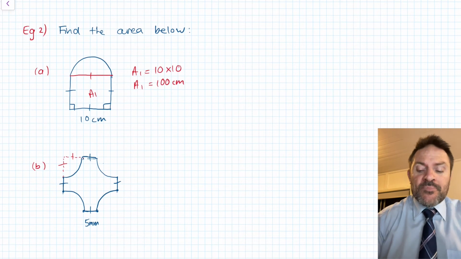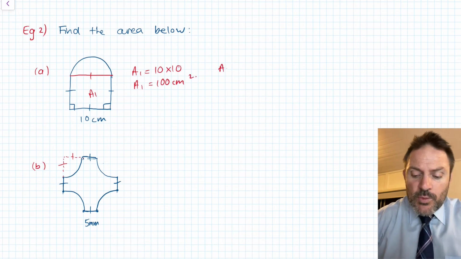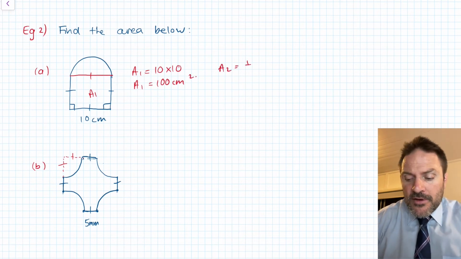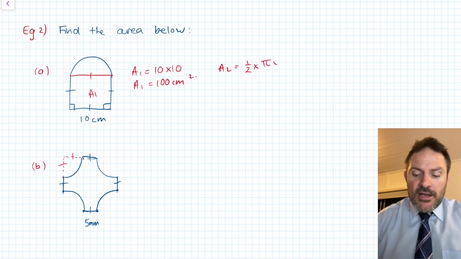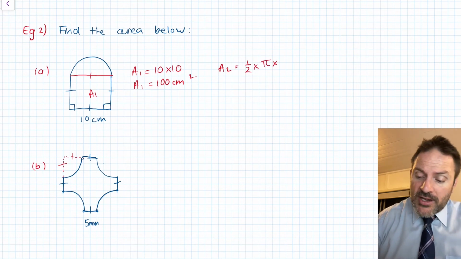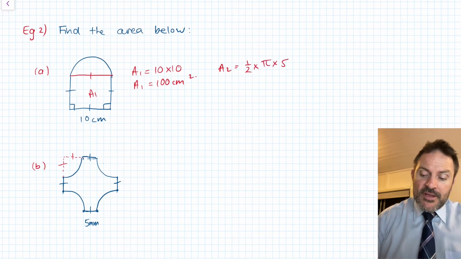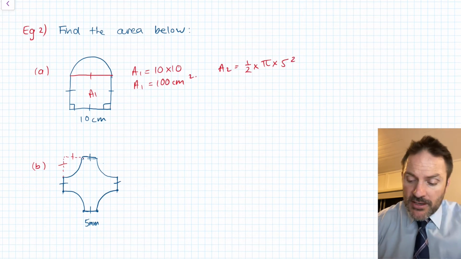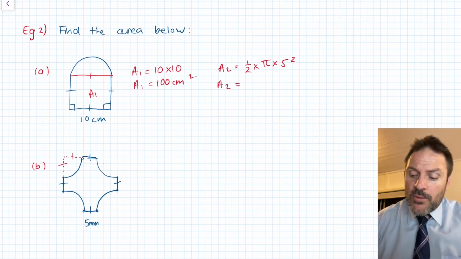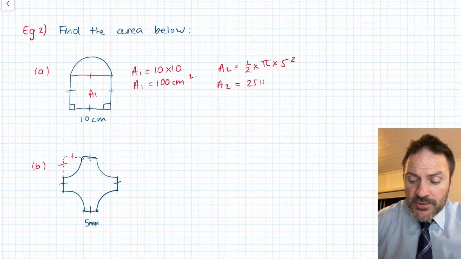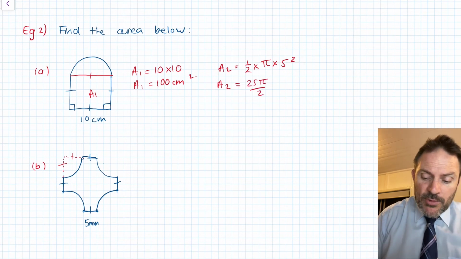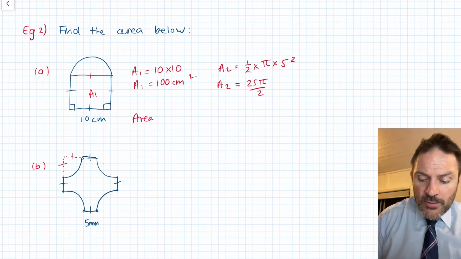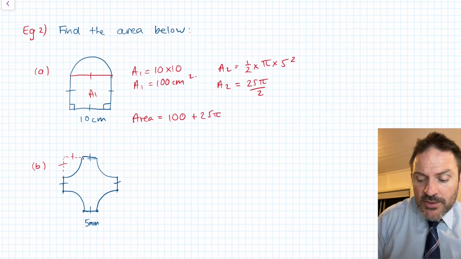That's the easy part. But area 2, of course, we have a half of a circle. Now, what's my radius of this circle? My radius is going to be 5. So half times pi r squared. So area 2 equals, well, 5 squared is 25. So it's 25 pi on 2. Okay, so my total area equals 100 plus 25 pi on 2